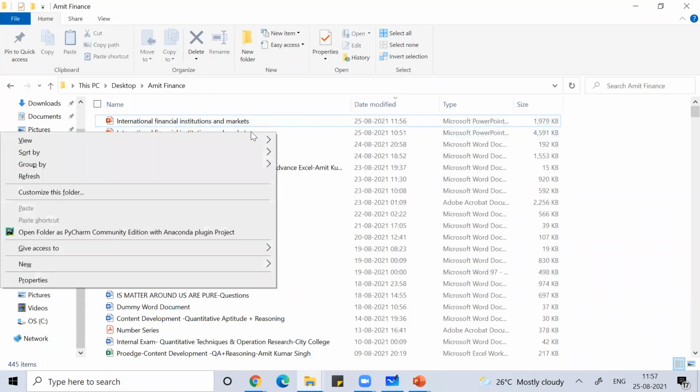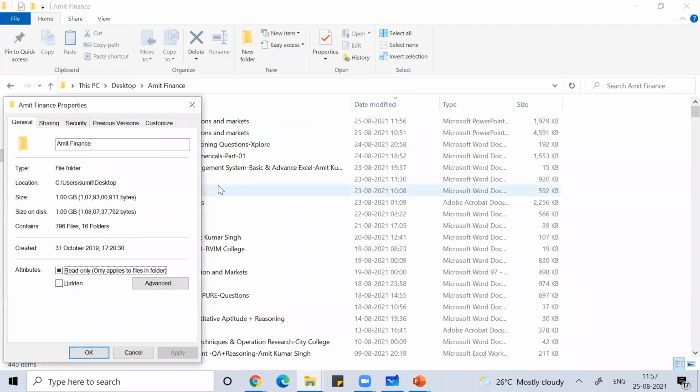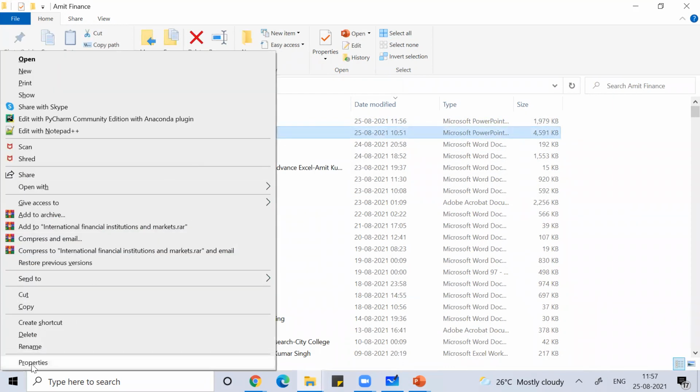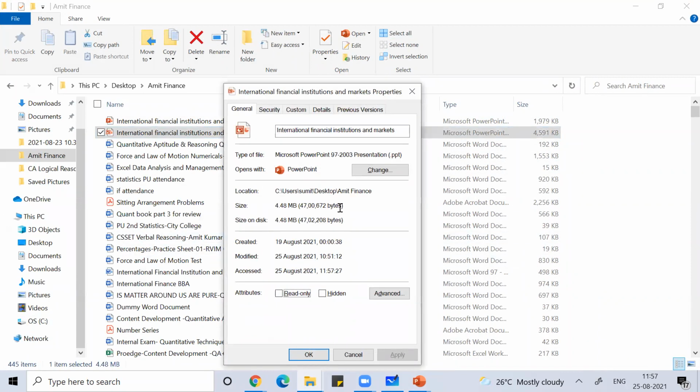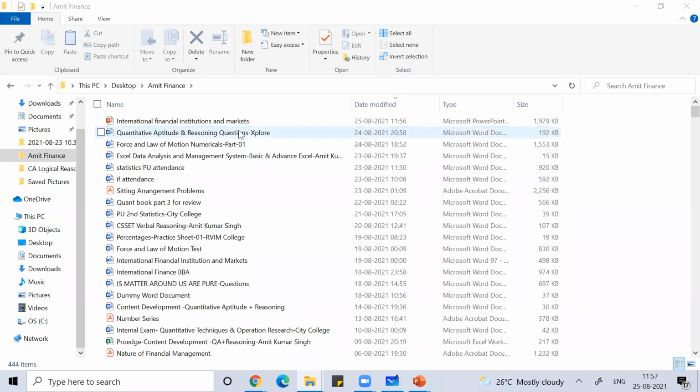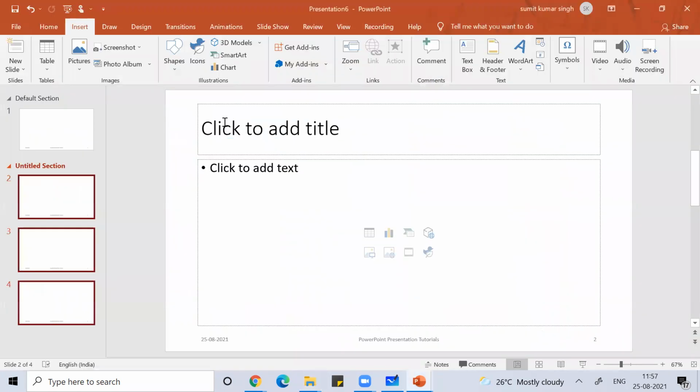This other one is dot ppt. Can you get the difference? It is an older version, 97-2003 format. So I'll just delete it. Now let me open this.